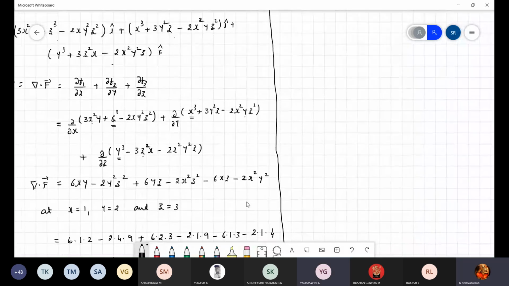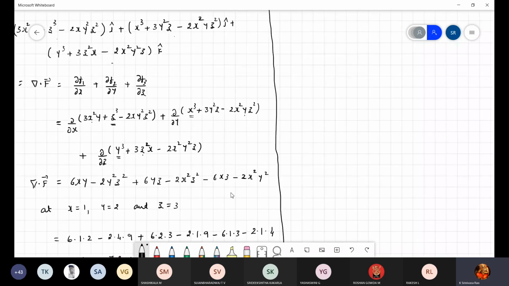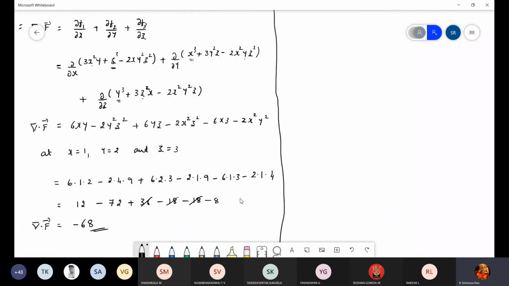Y cube, dou plus, by dou z, sir. Oh, sorry. This is the final answer: y cube plus, minus 32, minus y cube 32. Okay. Yeah, one minute. This is plus actually, the third one. Then this is plus 6z. Okay, correct. Very good. Plus 6z. And here it is plus 18.